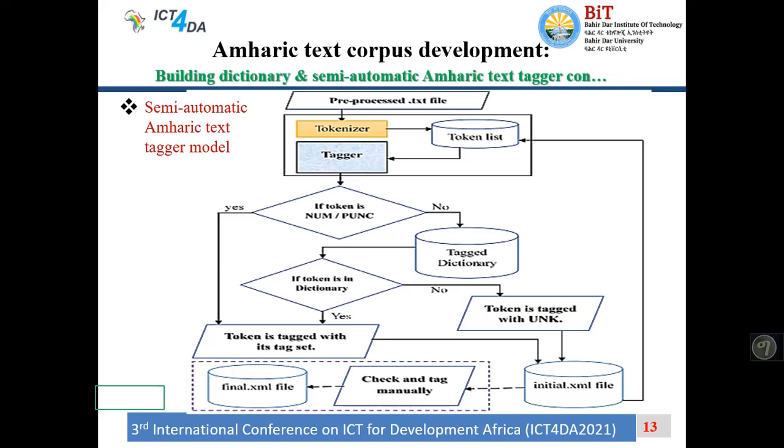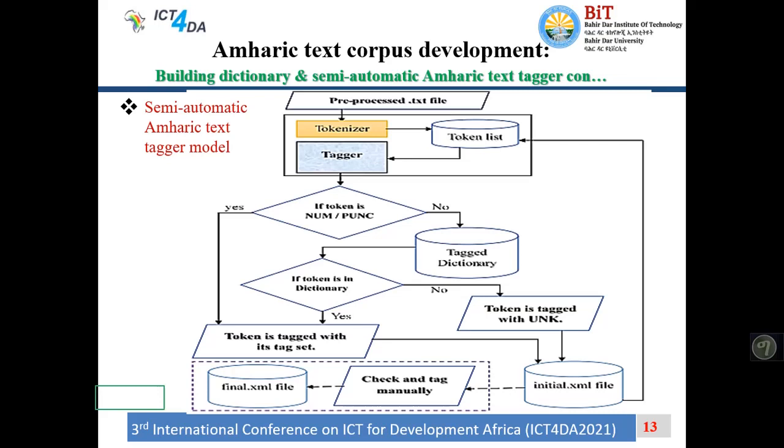Initially, it takes the pre-processed Amharic text and each word is tokenized by a tokenizer. After that, the tagger starts its job. If the token is a number or punctuation mark, then the token is tagged with its appropriate tag set value. Else,